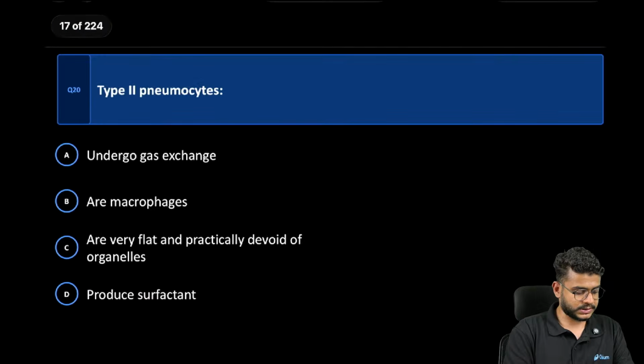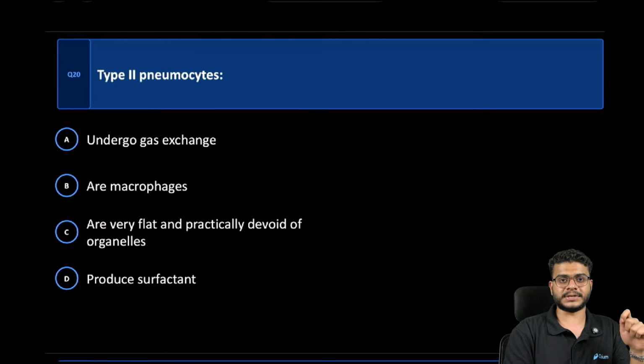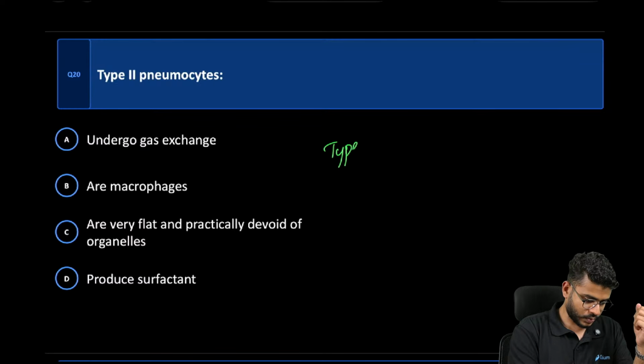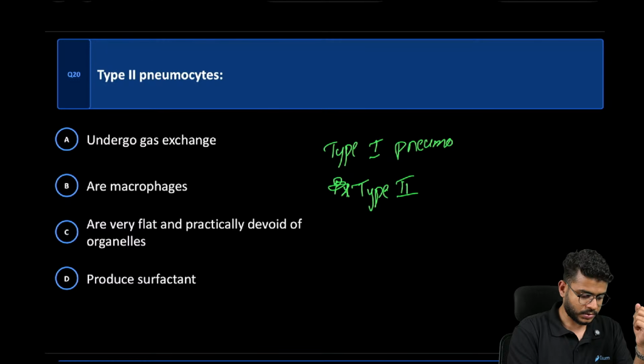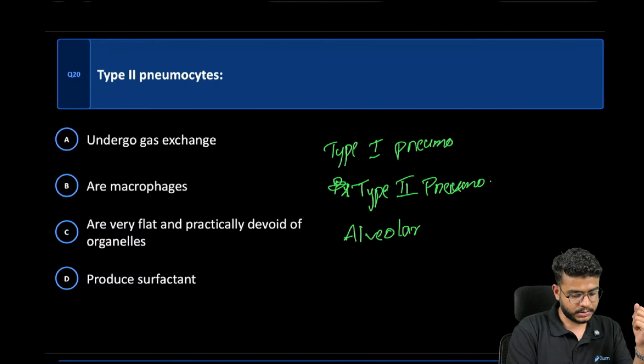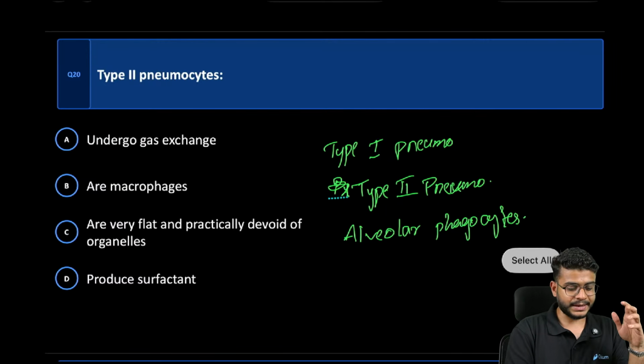Okay, the next question. Type 2 pneumocytes. We know there are three different types of cells in the alveoli, which are type 1 pneumocytes, type 2 pneumocytes, and alveolar phagocytes. Okay, so in this, type 1 pneumocytes help in the gaseous exchange, and type